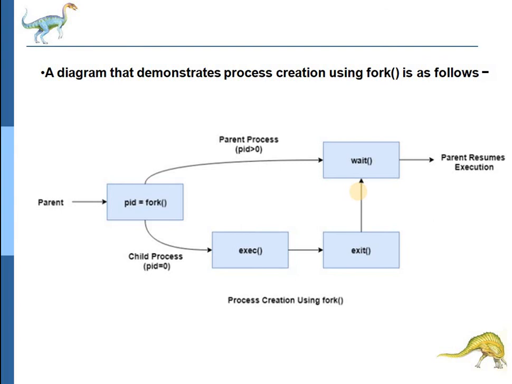This diagram shows the entire process of process creation. Here a parent process, by using the fork system call, creates sub processes, that is the child processes. Now the child processes are executed by using the exec system call. At the same time the parent process goes into the waiting state. All the child processes are executed and their task is completed. Then the exit system call is called, means it terminates the children. At that time the parent will be resumed.